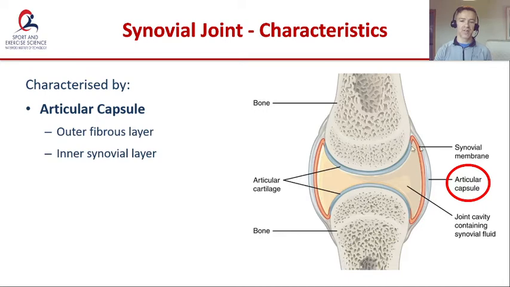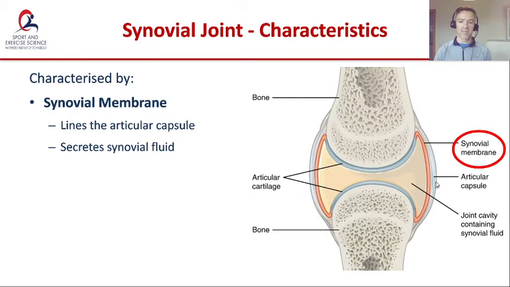That articular capsule has an outer fibrous layer of connective tissue, and an inner layer called the synovial layer, which is another defining characteristic. That inner layer of the articular capsule is known as the synovial membrane. We're looking at that inner layer of the capsule here, and it lines the articular capsule, and it secretes synovial fluids. So this membrane secretes fluid, deposits fluid into the joint capsule and fills it up with that